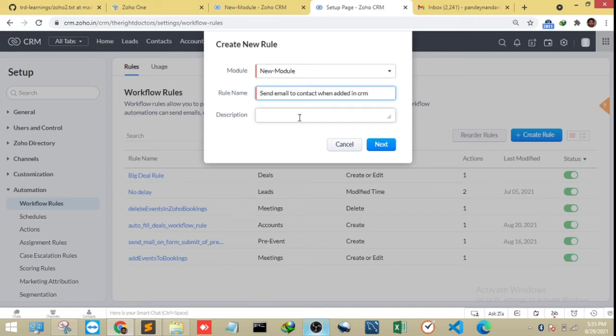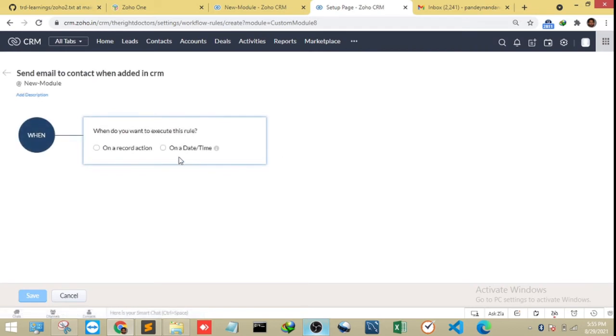This is my rule name, right? And next. So send email to contact when added in CRM. This is my rule name. So you can see that this is associated with the new module, right? And what I want is that